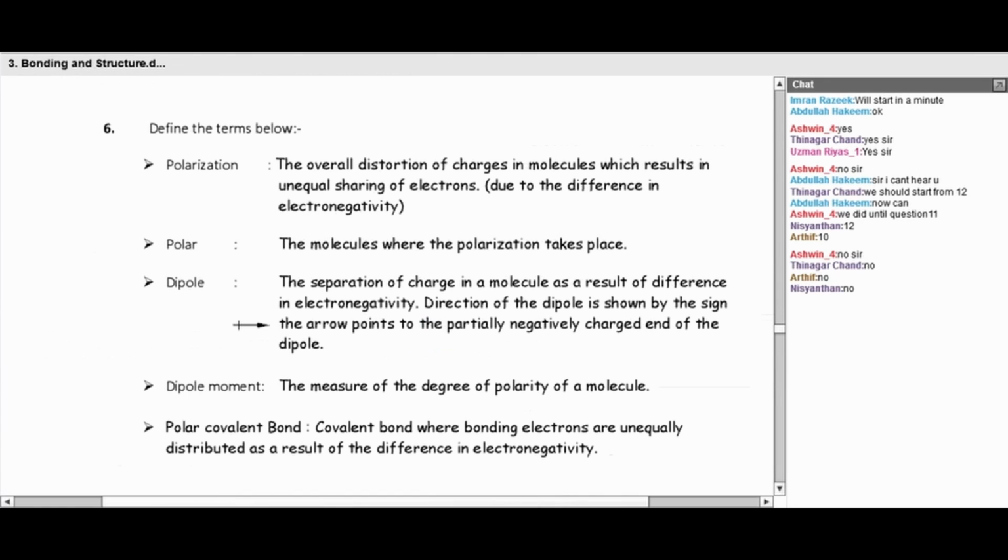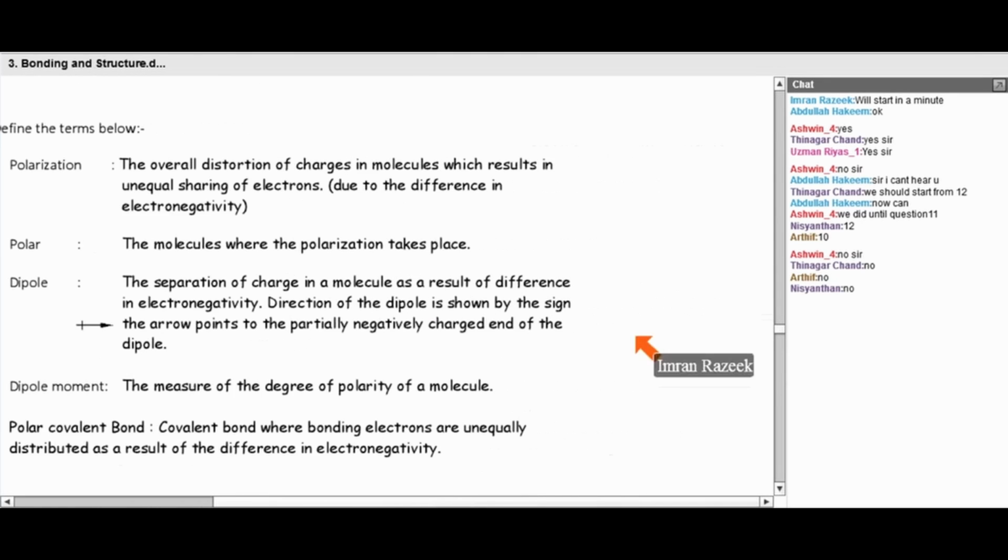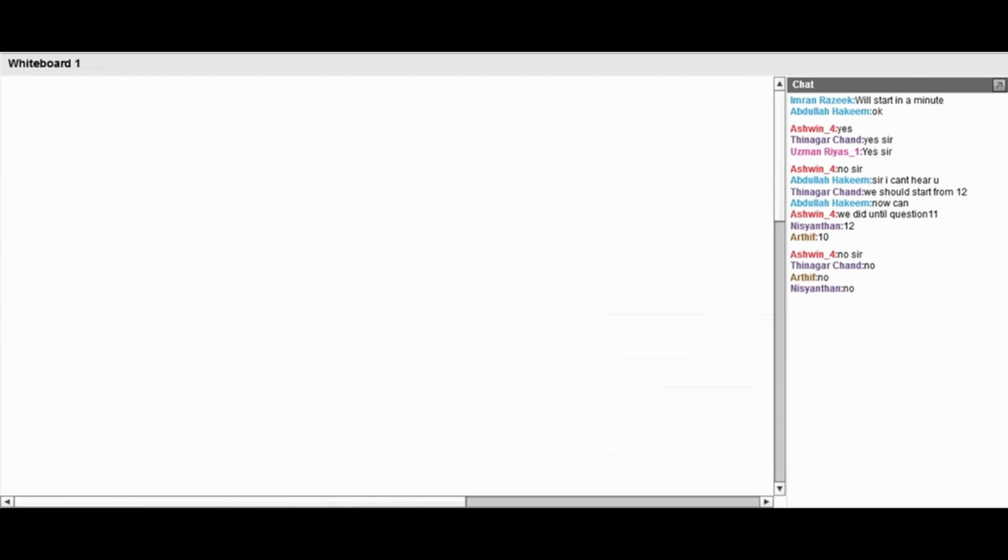As for the concept of polarization, whenever there's a difference in electronegativity, just to remind you, electronegativity is the ability of an atom to attract the bonding pair of electrons itself. That depends mainly on the nuclear charge and the size. When the atom is smaller in size and greater in charge, it will attract the bonding pair of electrons more,